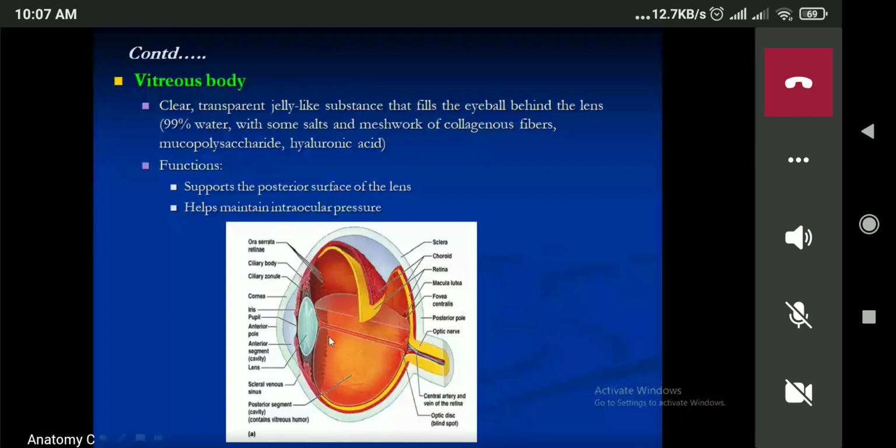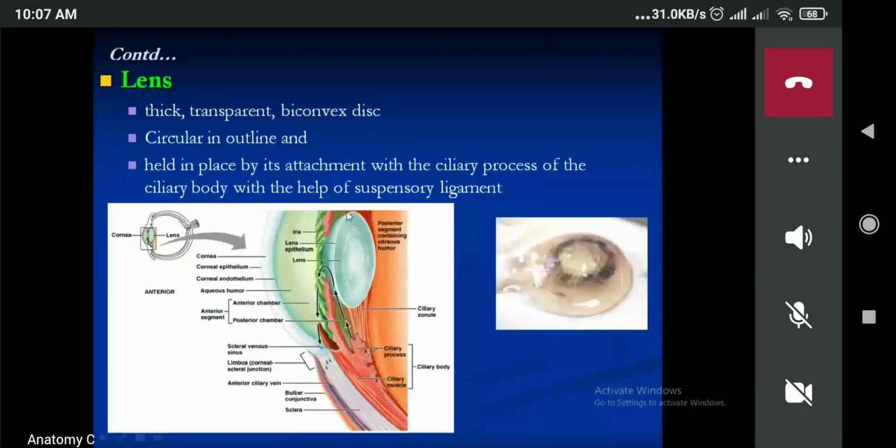Now the last one is known as the lens. Now this one is the lens. The lens is the thick and transparent biconvex disc. It is circular in outline and it is held in its position. Now what is the support of the lens? Mainly it is kept in its position by the suspensory ligament of the lens. You can see the suspensory ligament. This suspensory ligament is attached on either end of the lens,